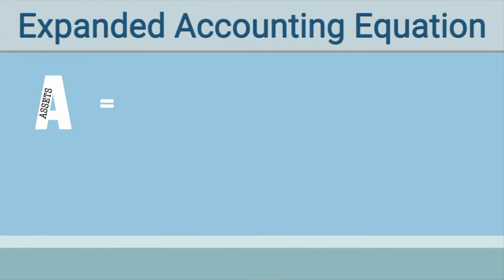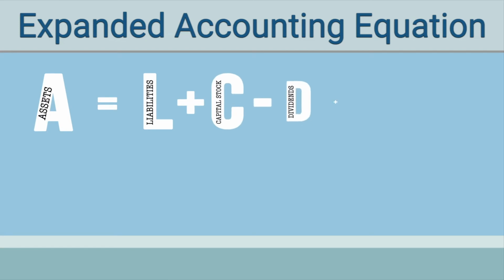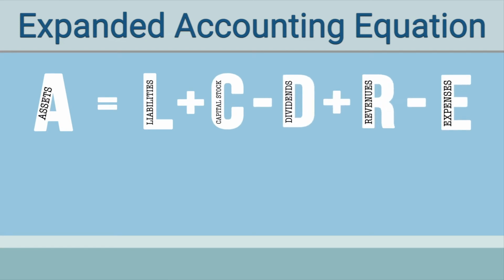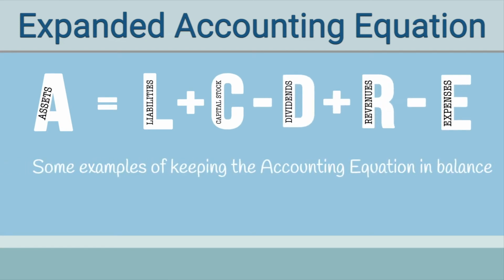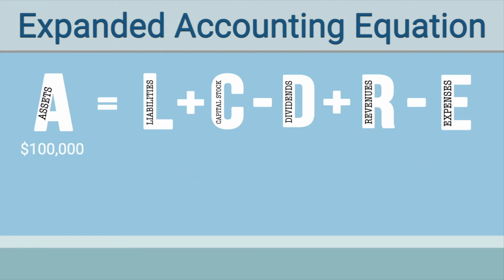When recording business transactions, the expanded accounting equation must remain in balance. Here are some examples of keeping the accounting equation in balance. An increase in assets by $100,000 equals an increase in liabilities by $100,000, or an increase in assets by $100,000 and recording capital stock of $100,000, or an increase of assets by $100,000 and recording revenues for $100,000,